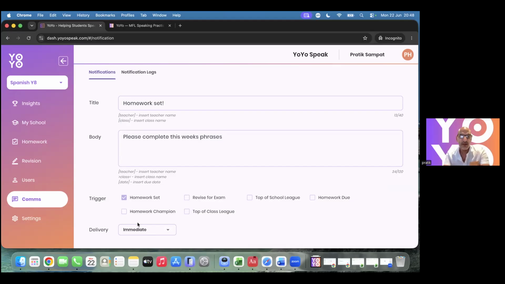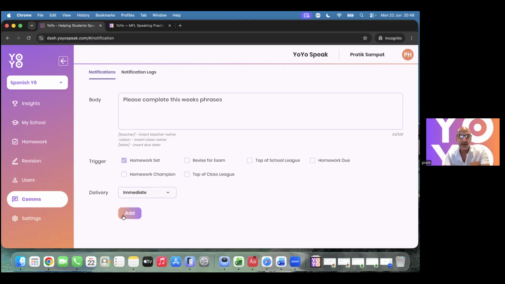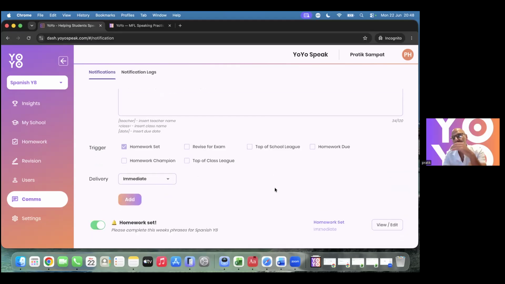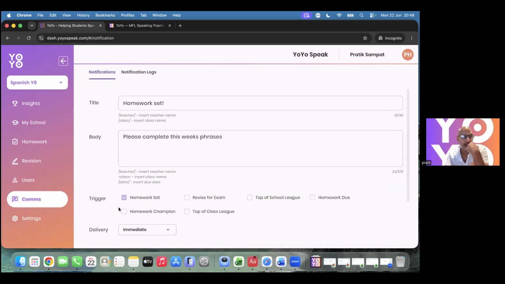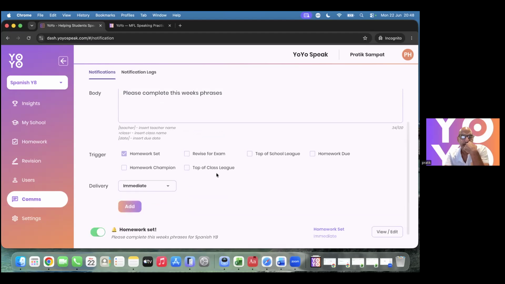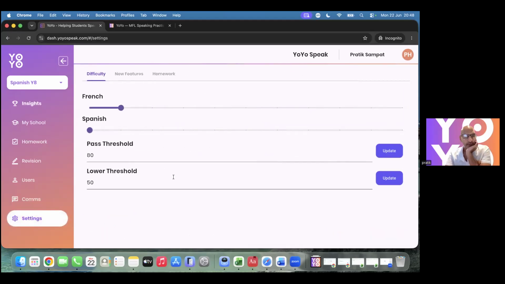The notification is immediate, and you add that. So on the phone itself or on the desktop, they'll get a little notification saying homework is set. And again, if they hit the top of the class, they'll get a little notification if you want to set that one. We've got some thresholds here.